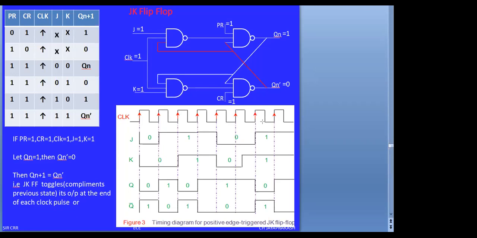That is, output is continuously changing from 0 to 1 and 1 to 0 as and when the clock is a constant or the clock pulse is changing. The clock అనేది level triggering లో ఉన్నప్పుడు ఇలాంటి ప్రాబ్లం అనేది మనకు వస్తుంది. We will see what is that problem. That problem is called as race around condition. That race around condition is eliminated using master and slave configuration of JK flip-flop.